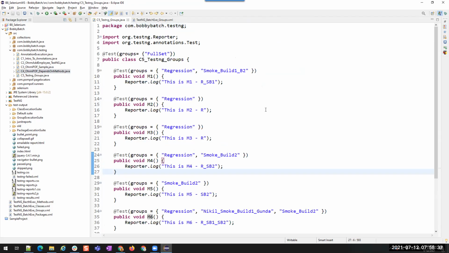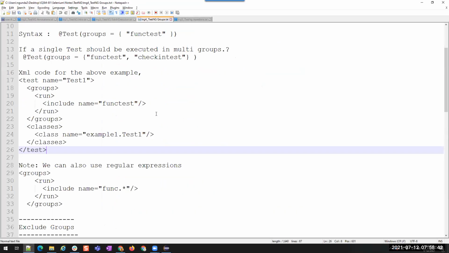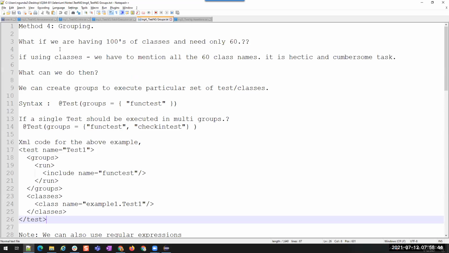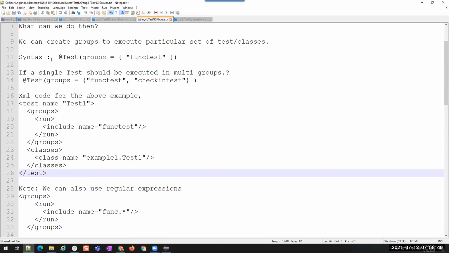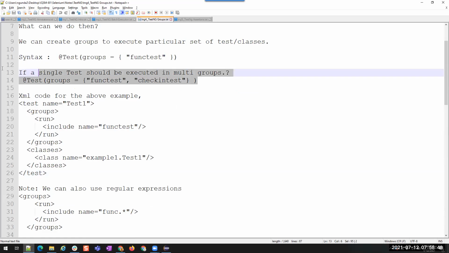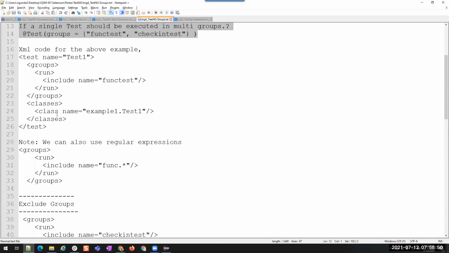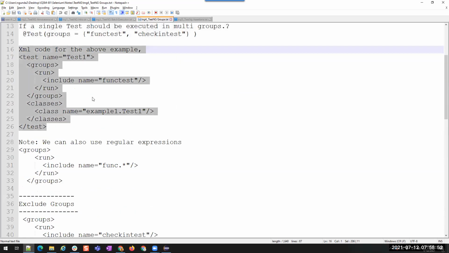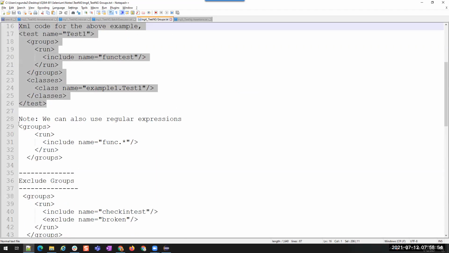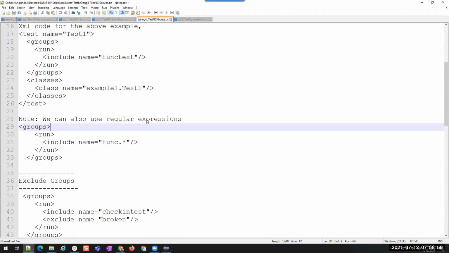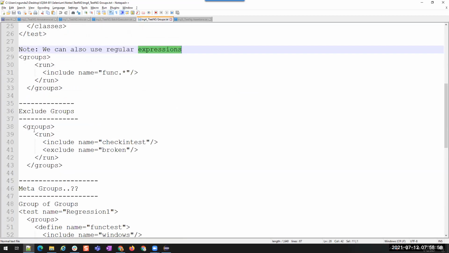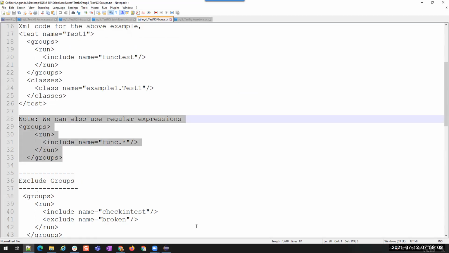All right. So now, let's see the notes if I missed anything inside this. How to use groups? How can we assign multiple groups to a single test? And how do we write the XML? Okay. Yeah, regular expression. We have seen exclude, but we did not see the regular expression.